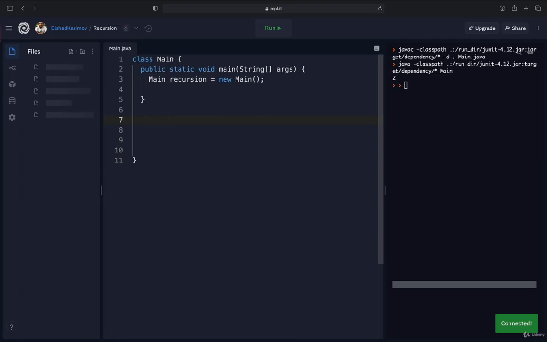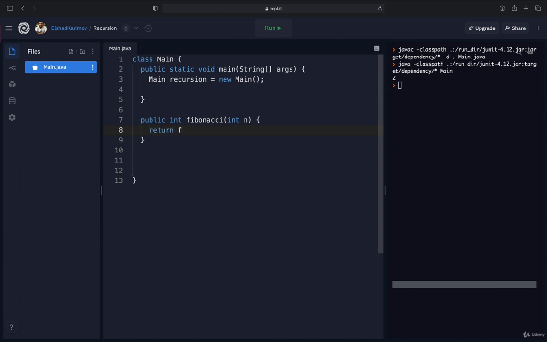I'm going to declare a method over here like this: public int, which will return an integer. The name of the method will be Fibonacci. It will take as a parameter int n, and then we write our recursive case. The recursive case is return Fibonacci of n minus 1 plus Fibonacci of n minus 2. Now if you run our function, you will see that it calls itself without stopping. So we are in an infinite loop. This leads to a system crash if we implement it in an application.